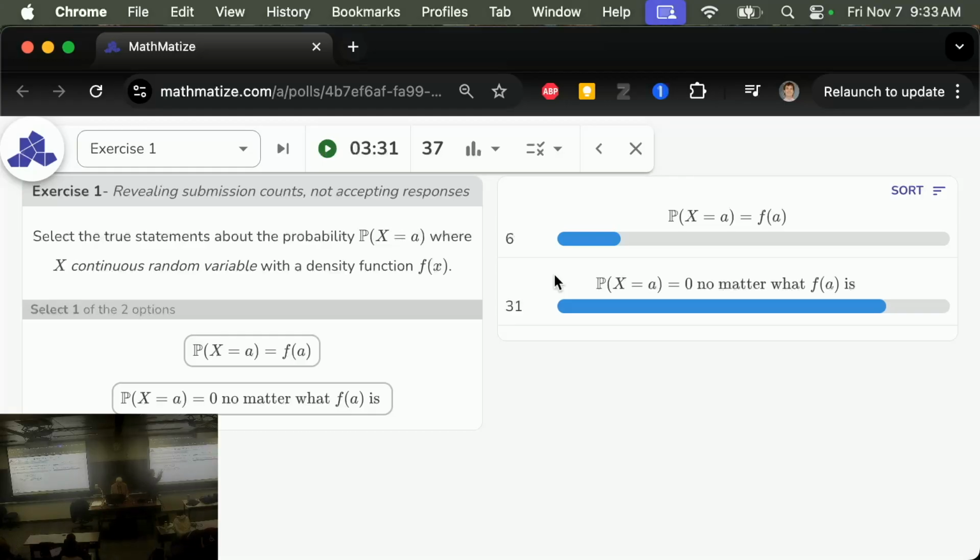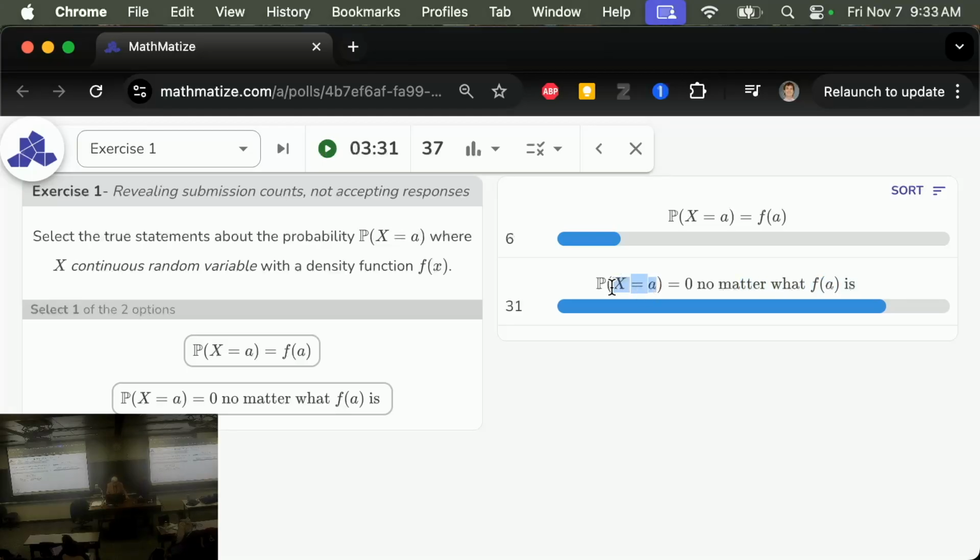If you were talking about x equals a, that is only one single point on the x-axis, and the area under one single point is 0. In the same way the area of a line is 0, the area under one single point is 0. And so the probability for these continuous random variables is always an area, and that area is 0 under 1 point, no matter what f of a is. So it could be very, very tall, and the area would still be 0.